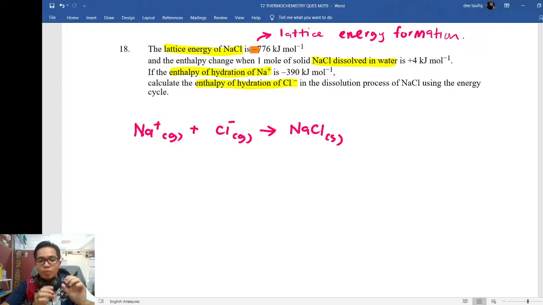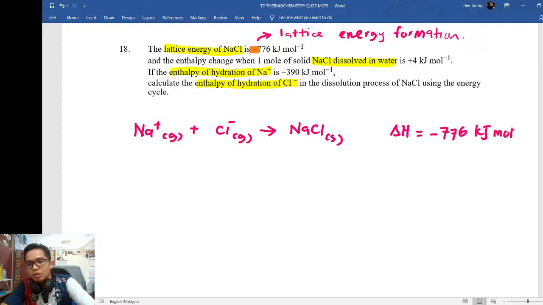So if you start from gas ions to produce NaCl solid, your value of delta H will always be negative. So given value is 776